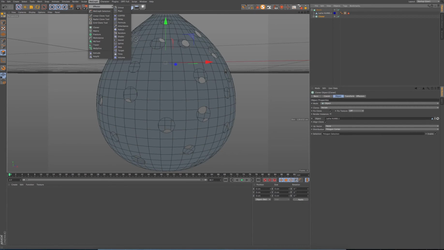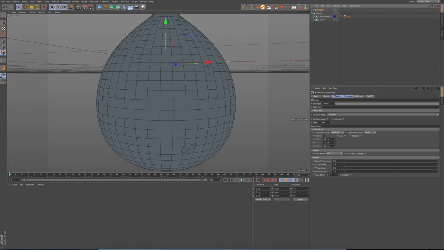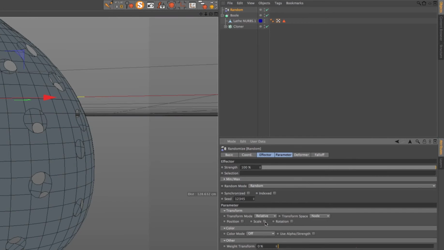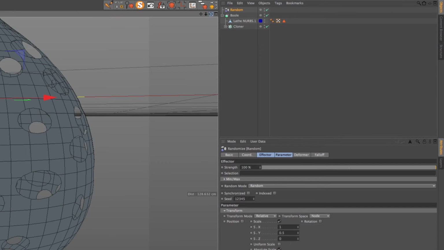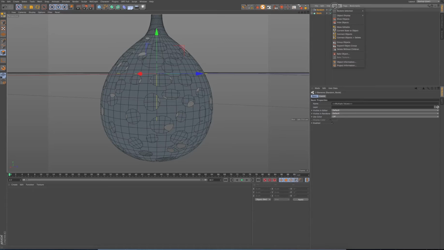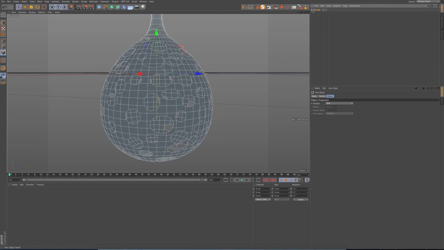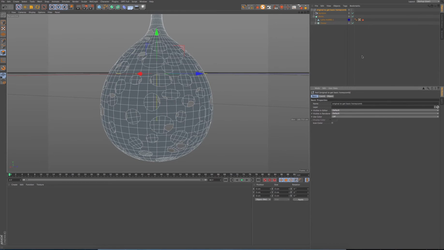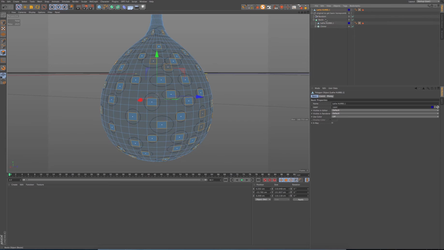Now I'm going to create a random effector so that we can randomize the size of the holes. So I'm going to switch off the position setting and switch the scale setting on so the holes are random size and dimensions. We'll group the objects together. Put a name. So that's our original setup,